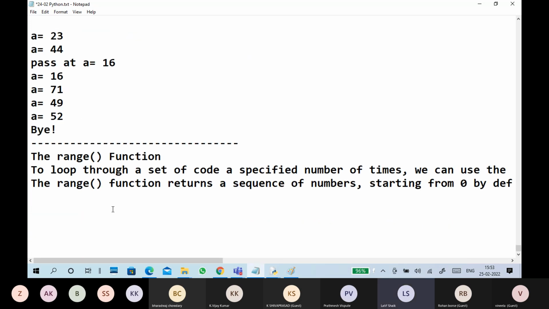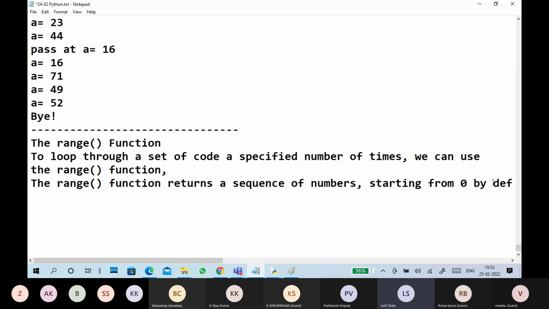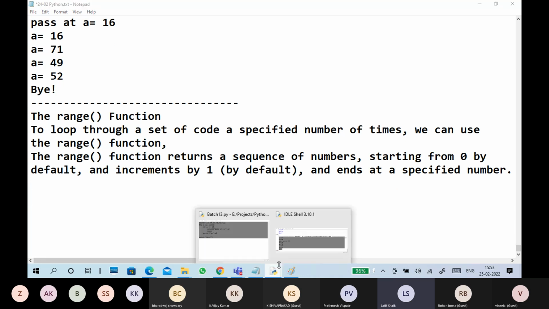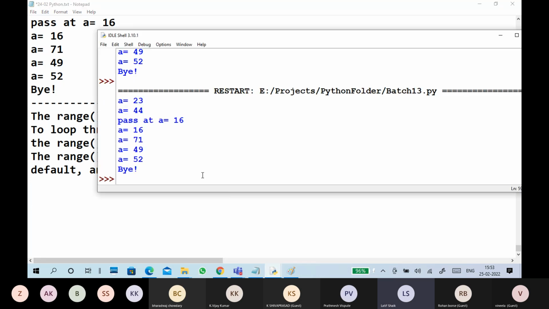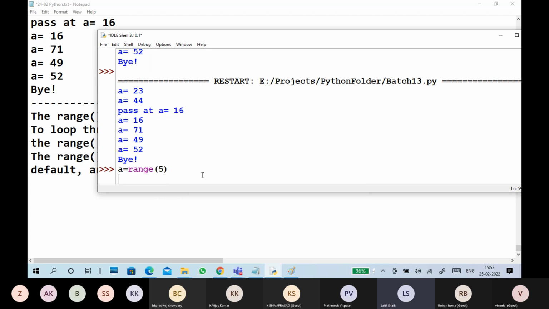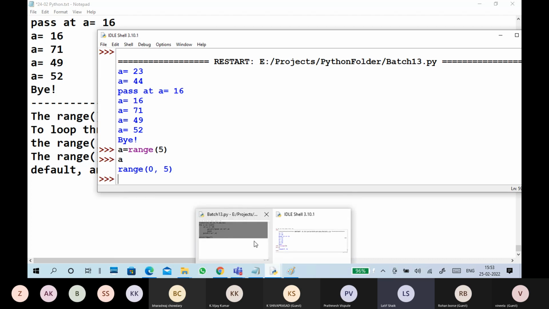When we are talking about a list, a sequence type of data type, range is also one of the sequential types of data. Look at here. a equal to range 5 means 0 to 4. Print a. It is showing 0 to 4. Now we are going to write a program based on that.